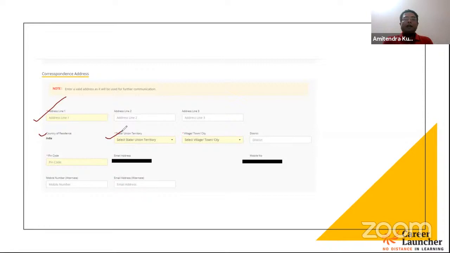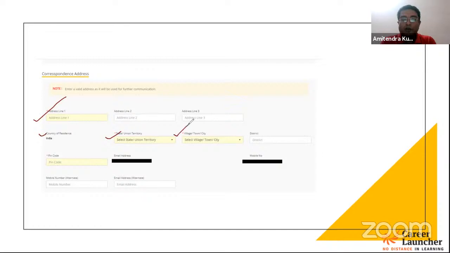See, यहाँ पे कोई फंडा नहीं है. There is no funda about the permanent residence or city of residence. So wherever you are staying right now, I think that address can be filled over here. It has no impact. It has no bearing as far as your selection is concerned. So आप कहीं भी हो, वो address यहाँ पे fill करो. Where you are, in case some communication is happening, you are likely to receive your communication. Generally, offline communication वैसे भी कुछ नहीं होगा, so there's nothing to worry about it. But yeah, give the particular details correctly. So select the state or the union territory where you are living right now appropriately.